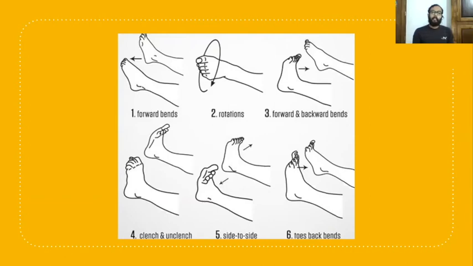The rehabilitation should be, in the initial phase, active use and exercise. Second phase, active use and exercise against resistance. And in the third phase, active use and exercise with weight bearing.